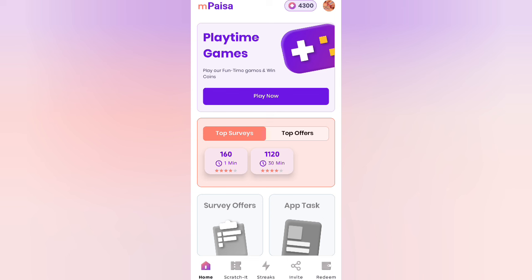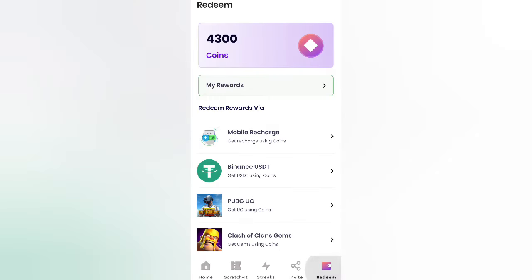Now, to place your withdrawal is very simple. First, you need to have a working Binance account. And when you have your Binance account ready, you can see the option of redeem. Click on redeem. When you click on redeem, they have multiple payout options, but the one I'm personally using is Binance, and that is what I'll be showing you guys in this video tutorial. To place your withdrawal, the requirement you need to meet is that you need to have a minimum of 400 coins. So how do you withdraw it?